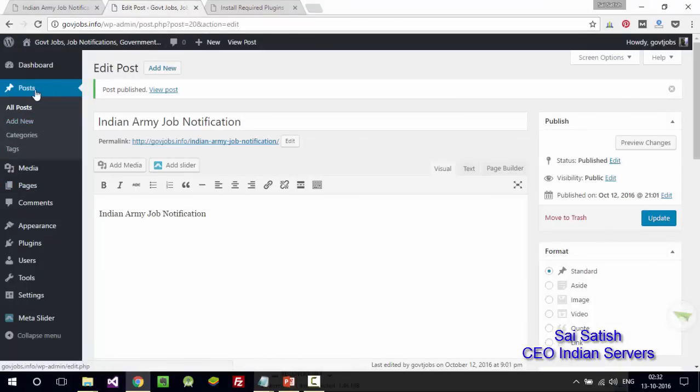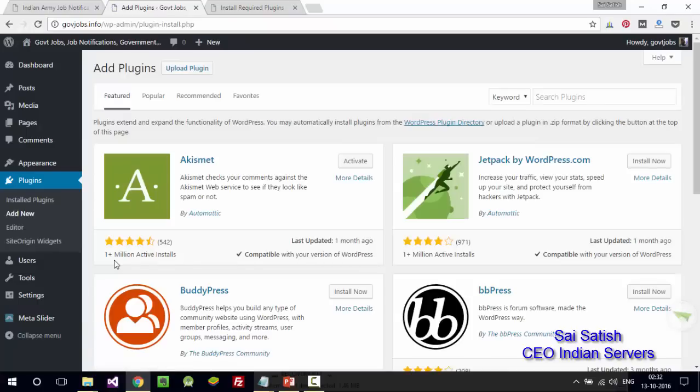Let me go ahead and do some more operations like adding plugins. See here, if you want to change this editor, you can use the change editor. Let me go ahead and change the editor. Let me add some more UI. There are many people who keep on spamming your blog with various useless comments. So you can use this particular plugin so that it's going to check for the spam in your comments. Use this plugin, very useful one.